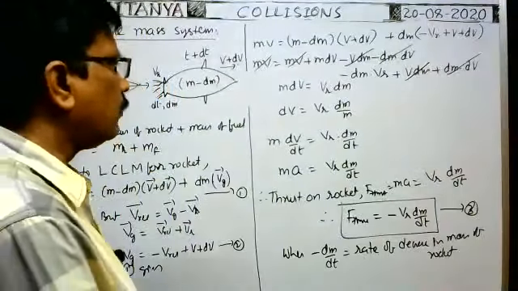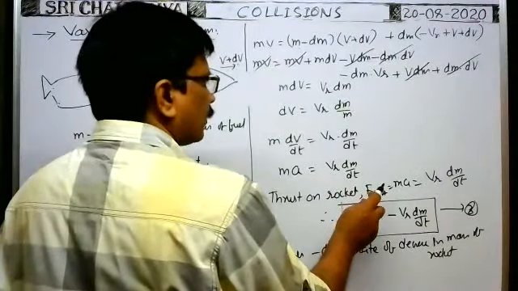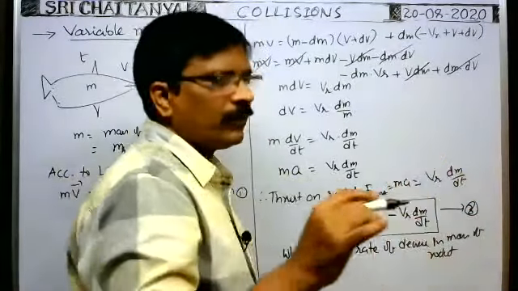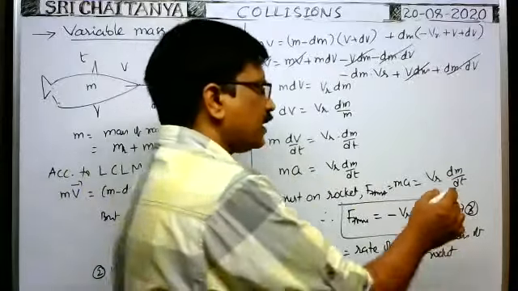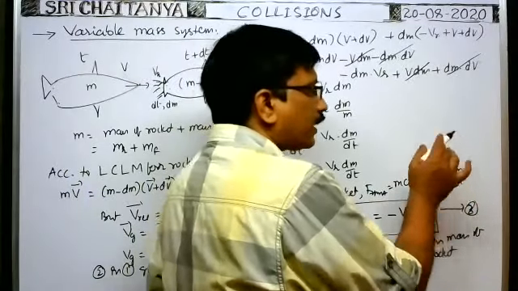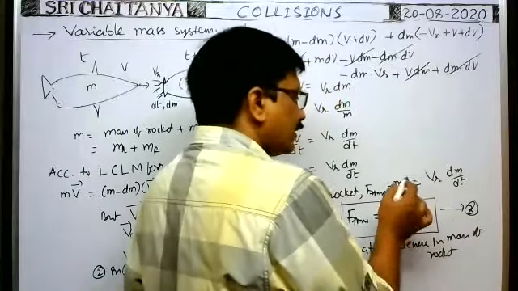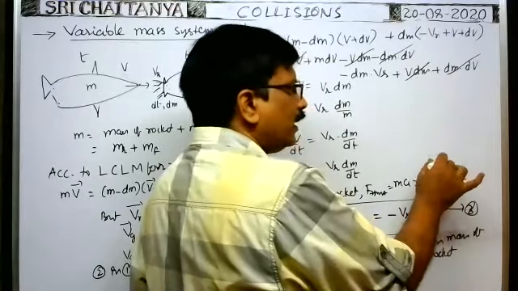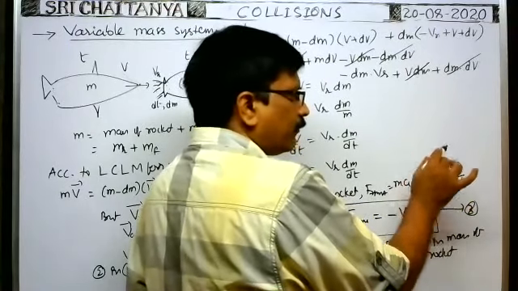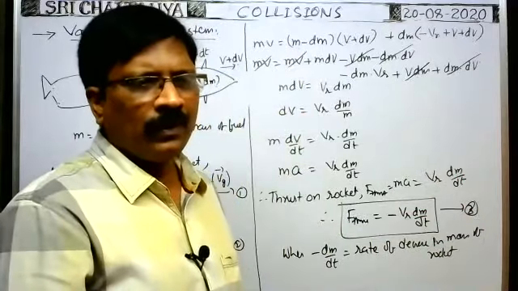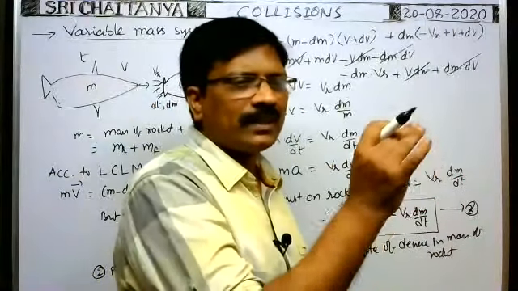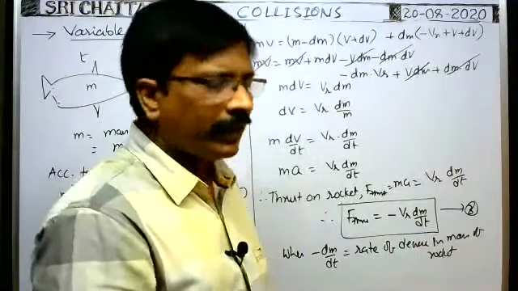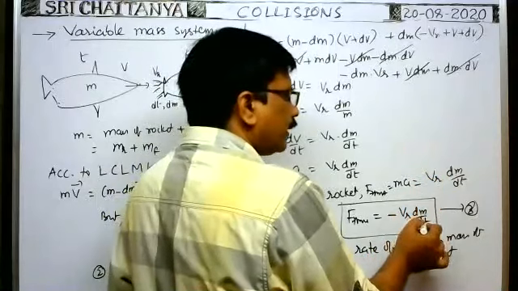Okay, minus means, you see, it is the thrust on the rocket. We got, this is the thrust on the rocket in magnitude. Suppose you are given the mass of the rocket. This is actually the rate of mass at which the hot gases eject out, and it is the thrust on the rocket. In case of rocket, it is the rate of decrease in mass of the rocket. Whenever the hot gases eject out at the rate of dm by dt, at the same rate the mass of the rocket decreases. In order to represent that, you write minus dm by dt.